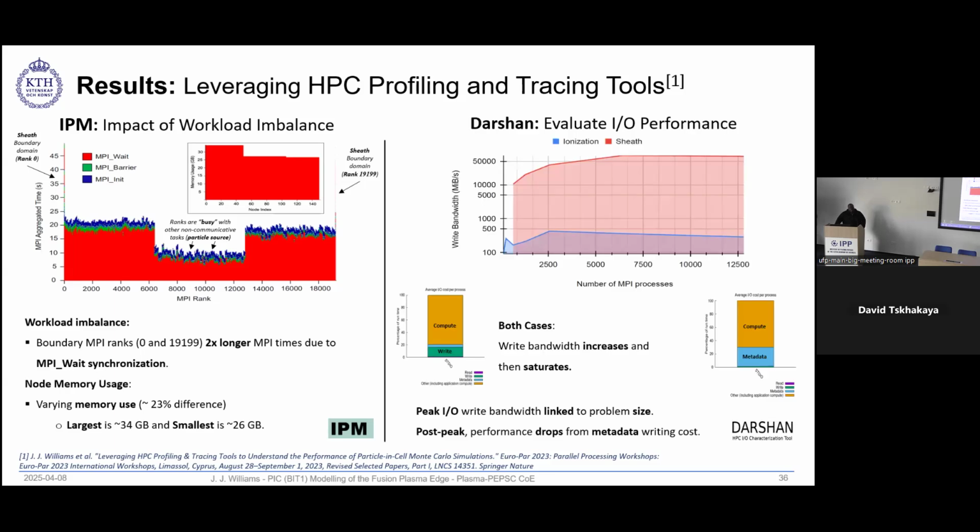And then Darshan, in terms of the I/O. With the I/O part, this plot is also a strong scaling in this case, and it tells you the write bandwidth increases and then saturates. So this answers that question that David was talking about. After a certain point, the running code saturates. All right, so you can see it peaks due to the problem size,